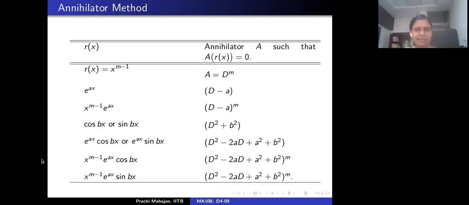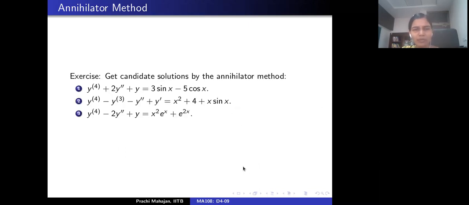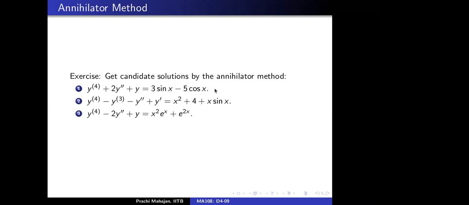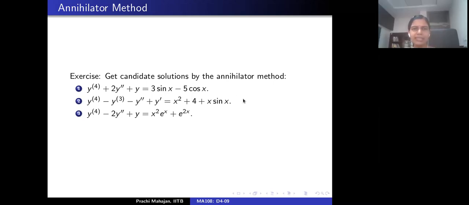All right. So this is much the same. If I replace cosine by sine, not much changes. Okay. All right. I would urge all of you, we discussed 3 examples today using the method of undetermined coefficients. Please try the annihilator method to formalize and come up with the candidate solution using the annihilator method. Please try that.